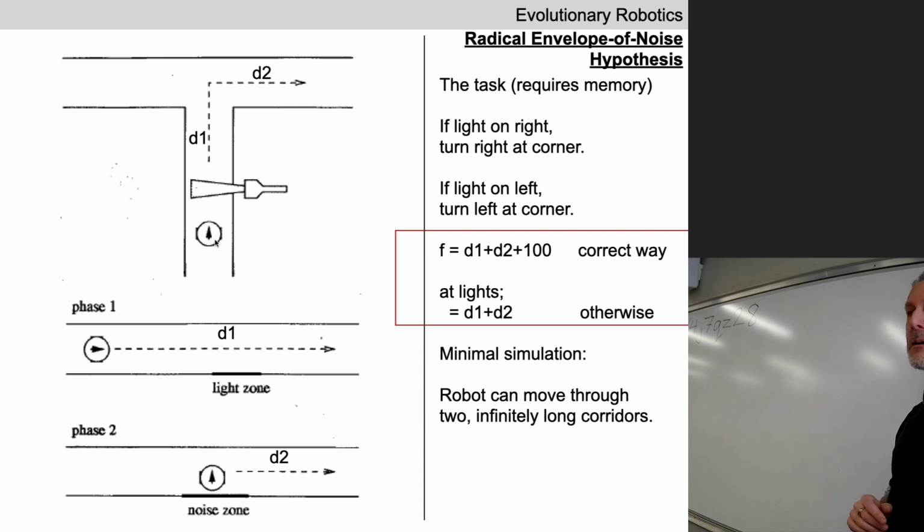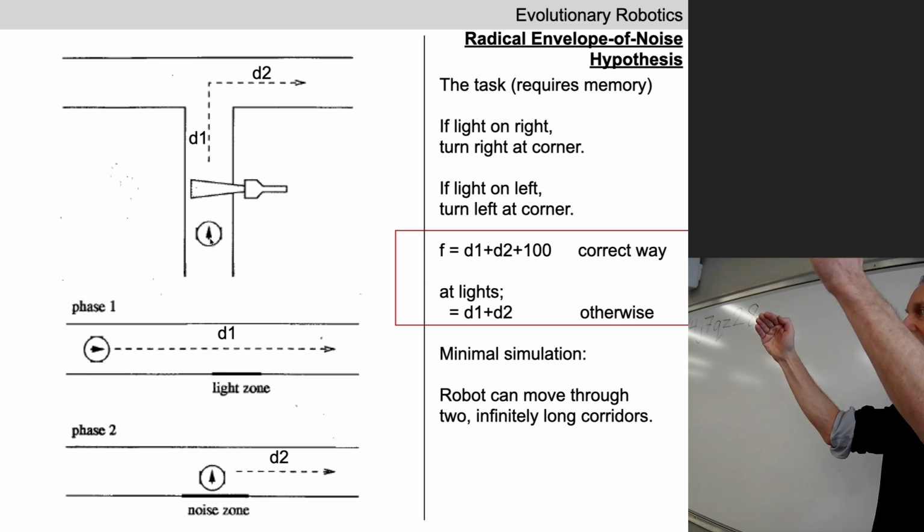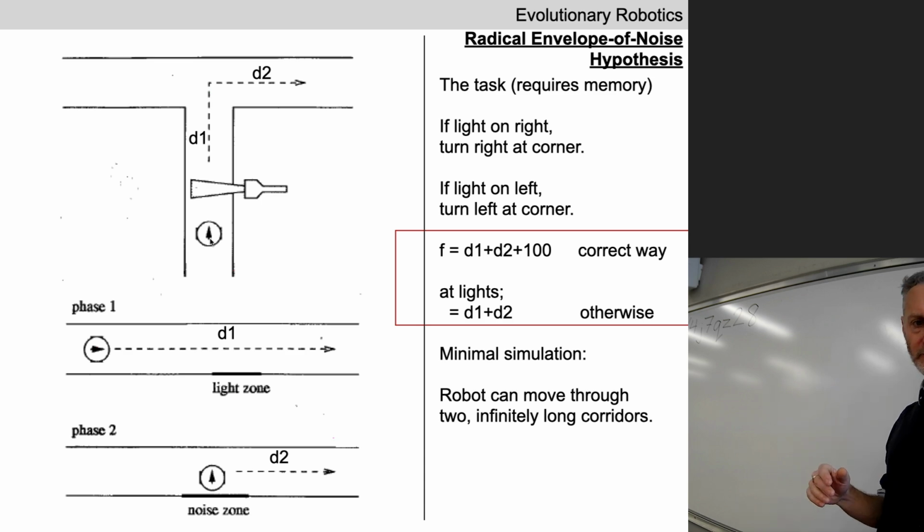In this case, we put our Khepera in the base of the T junction. We download a controller into the Khepera. Sensor values start flowing to motors. The robot starts moving. If it moves past this point, flash the light. And if it gets to the junction in the T-maze and turns in the correct direction, you give it some fitness. If it doesn't, you don't. And you keep evolving